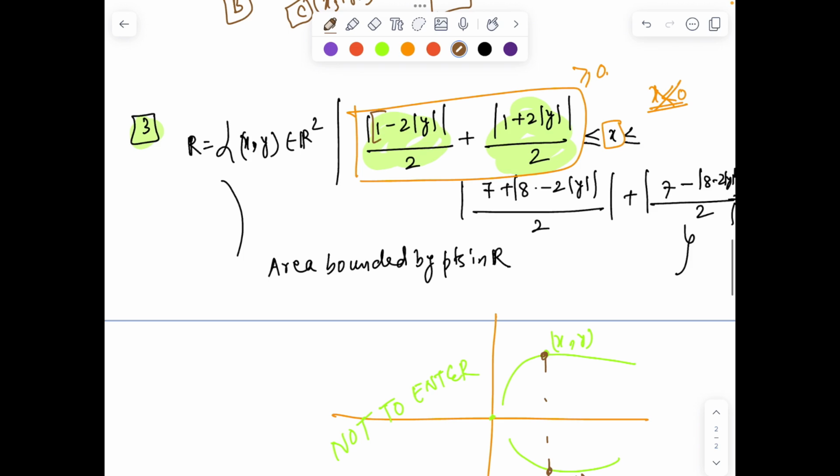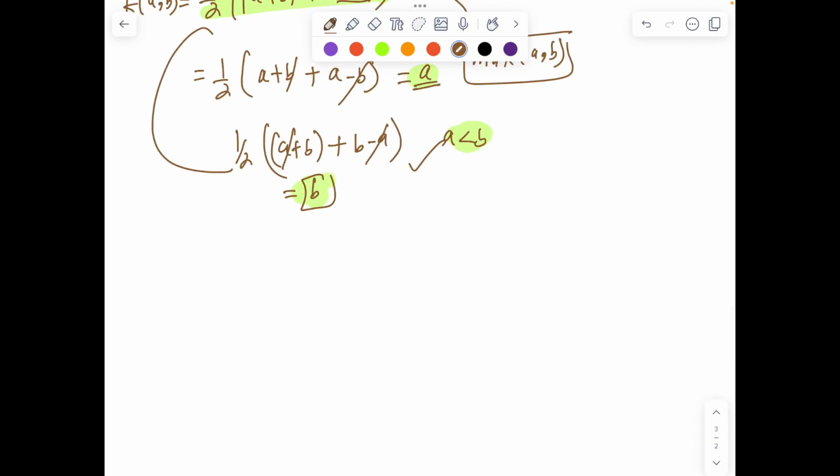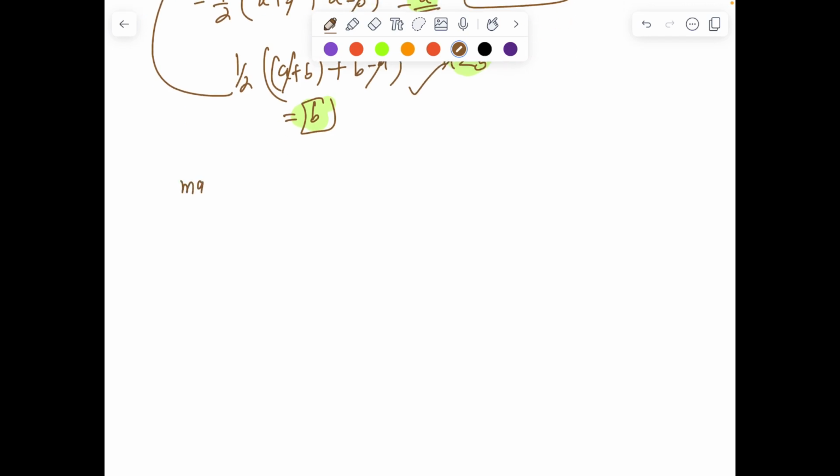So precisely it's nothing but the maximum of a and b. That's how you define max of a and b. Here a is replaced with 1 and b is 2 mod y, and since both are positive, this works. So the given expression can be simply written, in a clever notation, as max of 1 comma 2 mod y